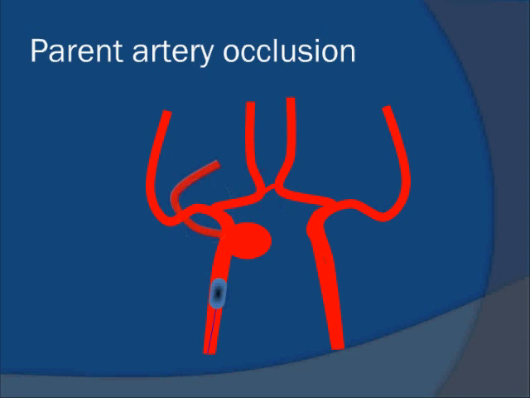Another reason why you will have to do the procedure is so that you can see whether the ophthalmic artery is filling the aneurysm. So if the ophthalmic artery is filling the aneurysm, obviously the treatment will be a little different than one in which it's not filling. Sometimes you'll also notice that the filling of the aneurysm actually takes place from the posterior communicating artery, and then again you have to ensure that the aneurysm is partially packed or completely packed before parent artery occlusion. Otherwise it will recanalize.